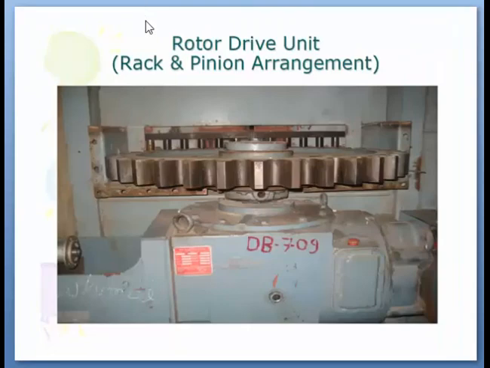This is a driving unit which rotates the rotor, and it is a rack and pinion arrangement. You might have seen the sprocket and chain of a cycle. So this is just like this. There is a projection gear, and one ring, which we will see in the next slide, on the circumference of the rotor, which gets engaged with this, and it rotates at a very slow RPM, that is 1, 2 to 3 RPM. This speed is slow so that there is better time for heat transfer.